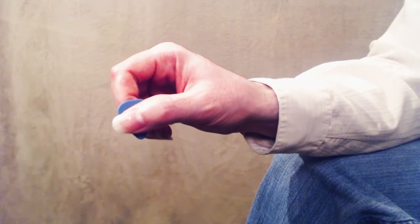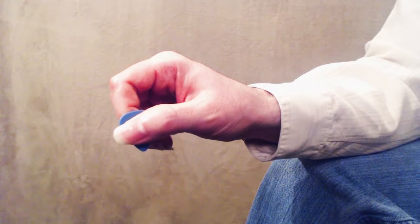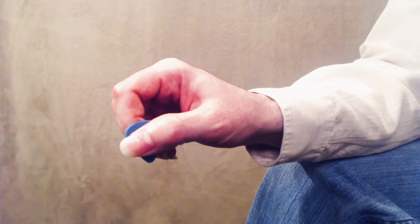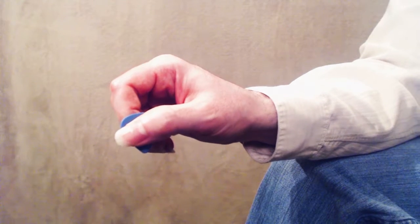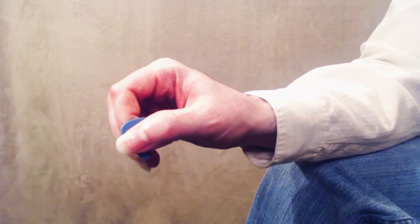Level 2, holding the pick. And we're going to learn how to hold the pick in the most efficient way. And it's very important before we get into right hand position on the guitar. We're going to learn how to use what nature has given us so that we can move more freely and